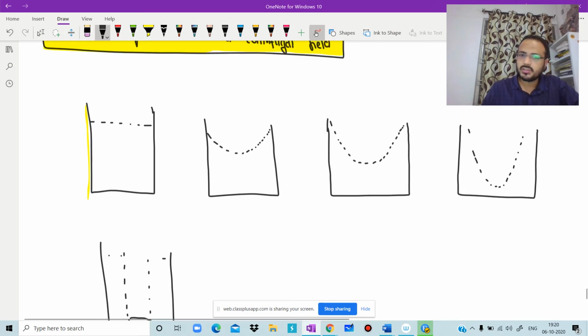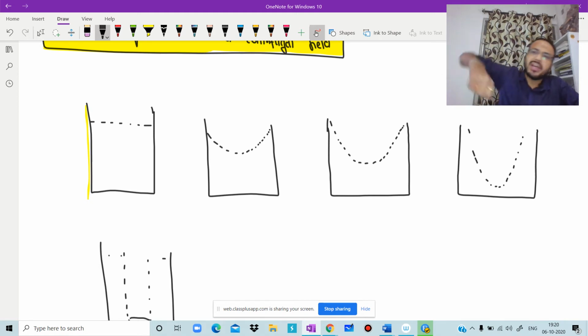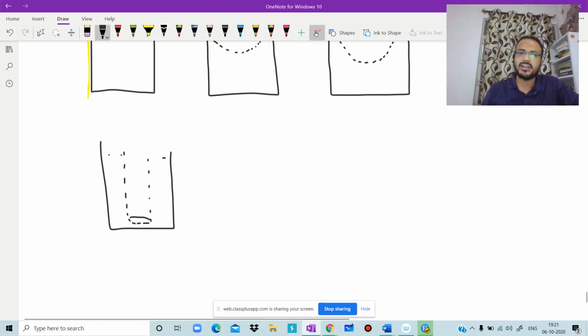If there is no motion, the free surface is like that. If you just steer it with the help of any spoon, then the free surface will be like that. Yes or no? If you increase the speed of steering, then like that. If you increase to full speed like that, is it clear? Then there is no such power in your hand that you can analyze this type of thing.